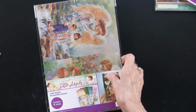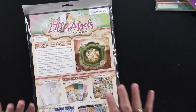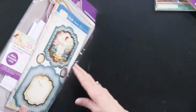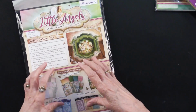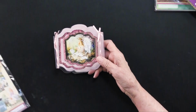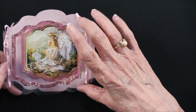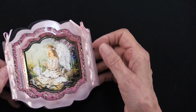And then finally, we have a Little Angels concept card collection. Now, in this, you'll be able to make, I believe it is 16 cards, or it's 8 cards. It's 8 cards, I'm so sorry. And the base of them is acetate, and it's all in here. They're all die cut. And I've made one, and we'll get in closer just so you can see it. So as I said, the card, if you will, is acetate. It comes in 2 pieces. You just punch them apart, and then you are going to